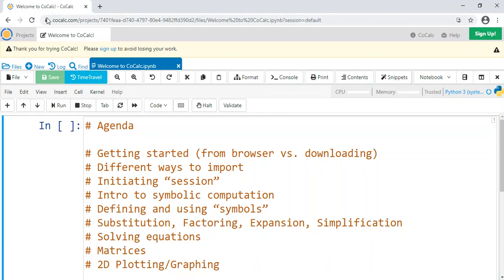As you'll see, I am in cocalc.com. I'm in what's called a Jupyter notebook, and I'm actually going to delete this cell by clicking it and typing on my keyboard DD, and you'll see me do that from time to time just so we have enough space. So I'm going to delete this now.